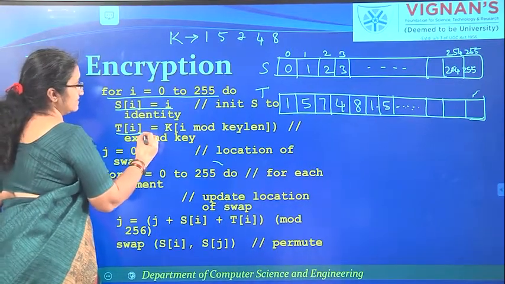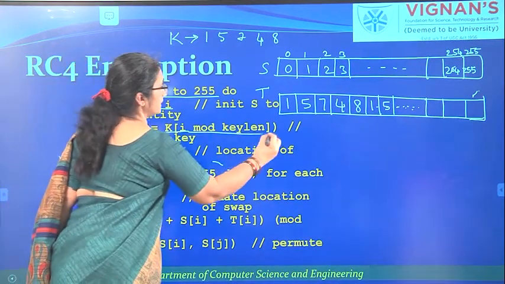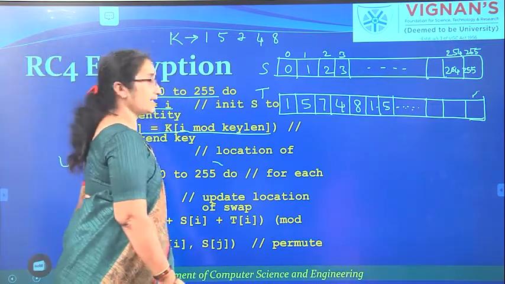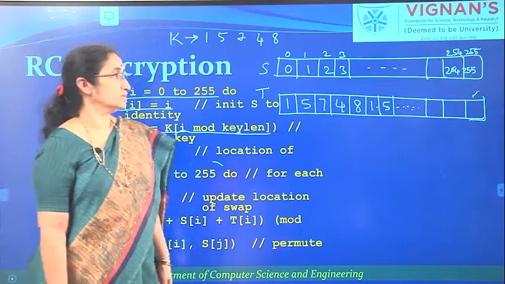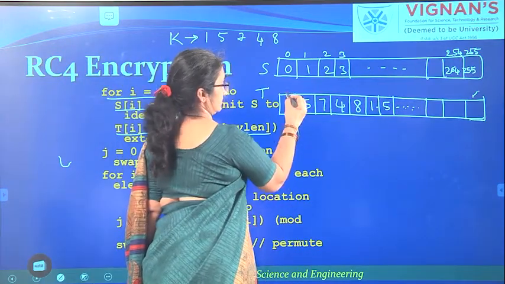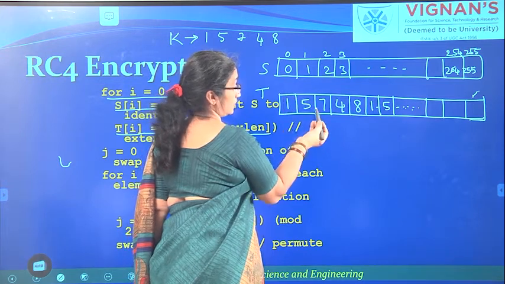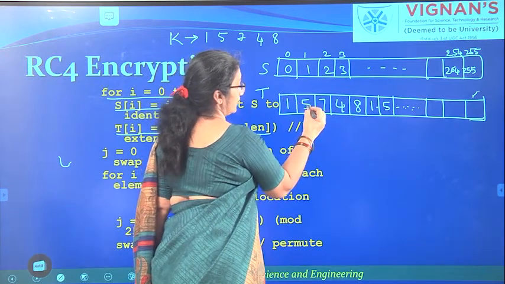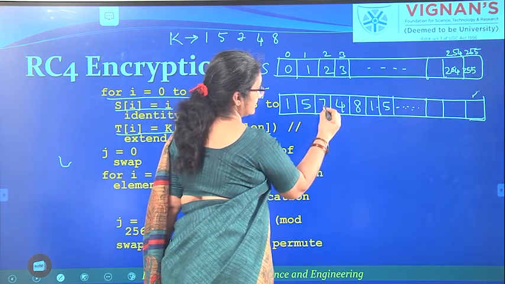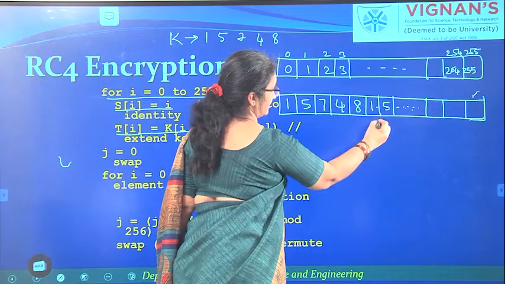T of i is equal to K of i mod key length. So, K of 0 mod key length is 1, K of 1 mod key length is 5, K of 2 mod key length is 7, like that.